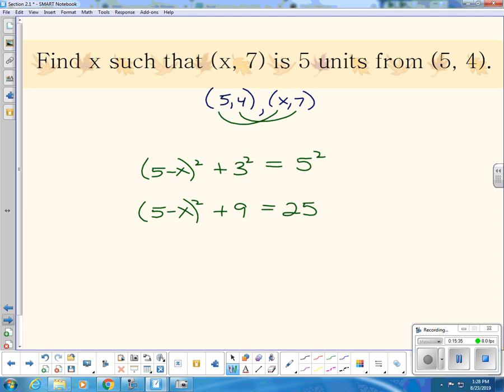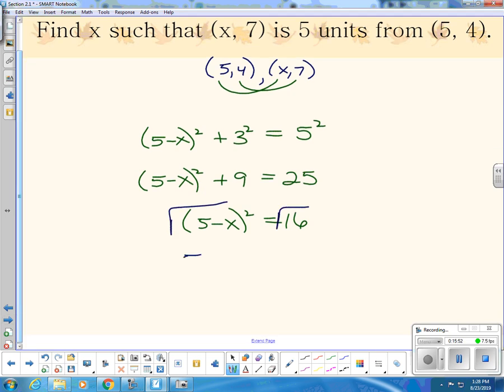Subtract 9. So we're going to have 5 minus x squared equals 16. Again, we're not going to expand the binomial. We don't need to. What can we do now? Square root of both sides. So if I take the square root of this side and this side, I get 5 minus x equals, what's it equal? 4. It also equals